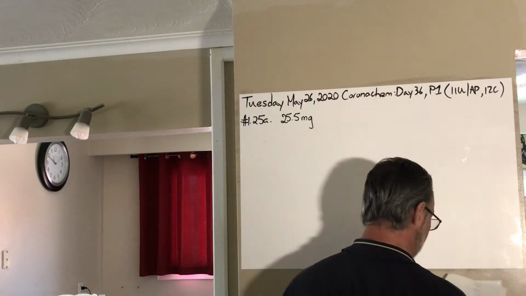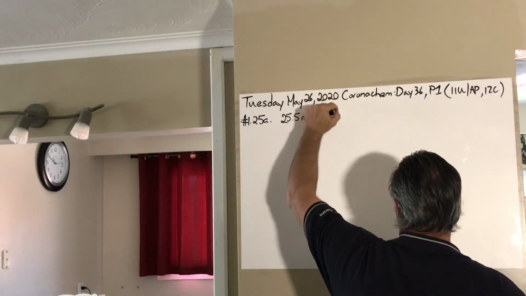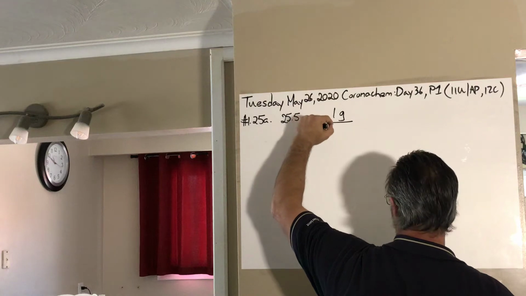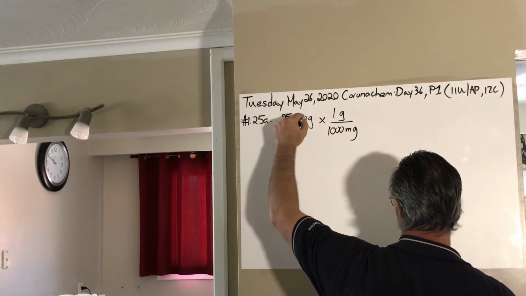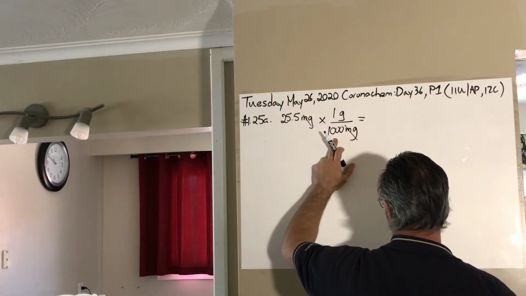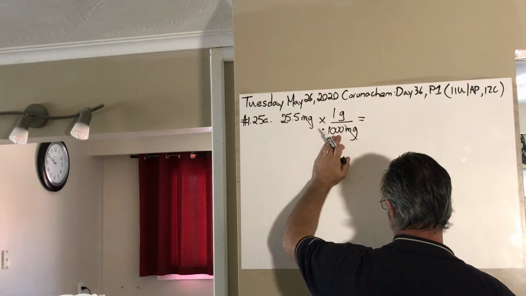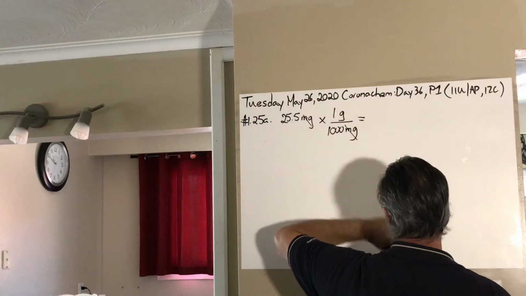So the first one is to convert 25.5 milligrams into grams. The conversion factor from milligrams to grams is 1 gram per 1,000 milligrams. You'll notice I put milligrams in the denominator so that I can cancel milligrams. This is equal to 10 to the minus 3. I mean this whole thing. This is 10 to the 3, but when I put 10 to the 3 upstairs in this equation,